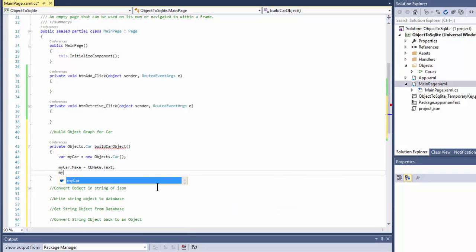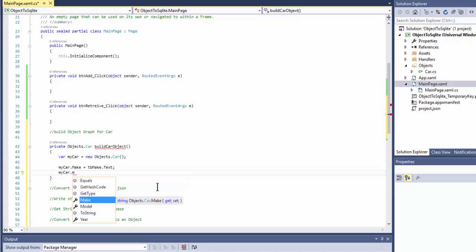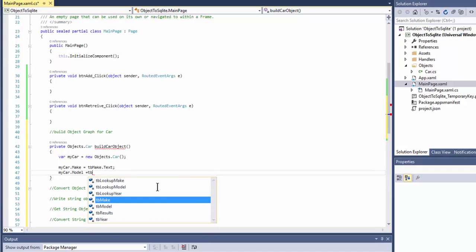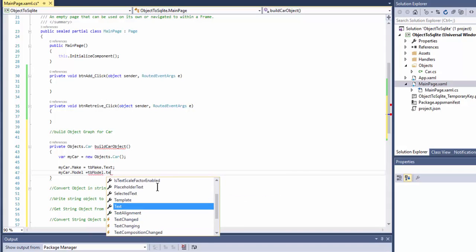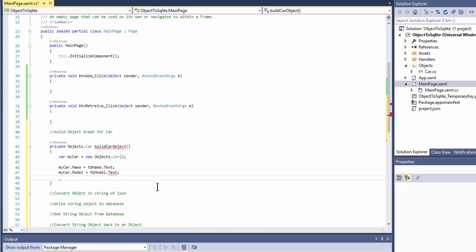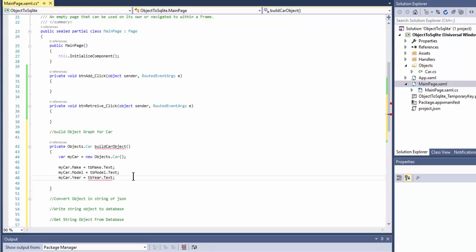And then we do myCar.model, and that's going to be coming from text box model, and that's going to be the text. And lastly, we have myCar.year, and that's going to come from text box year.text. Okay, you see it's giving an error, and the reason is because myCar.year in our database object is an integer. See, if I hover over it, it tells you integer object car year, where model was a string and make was a string,